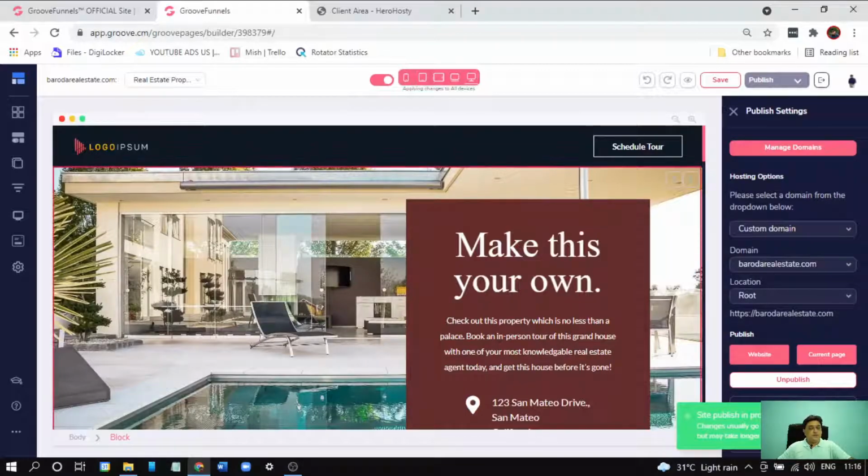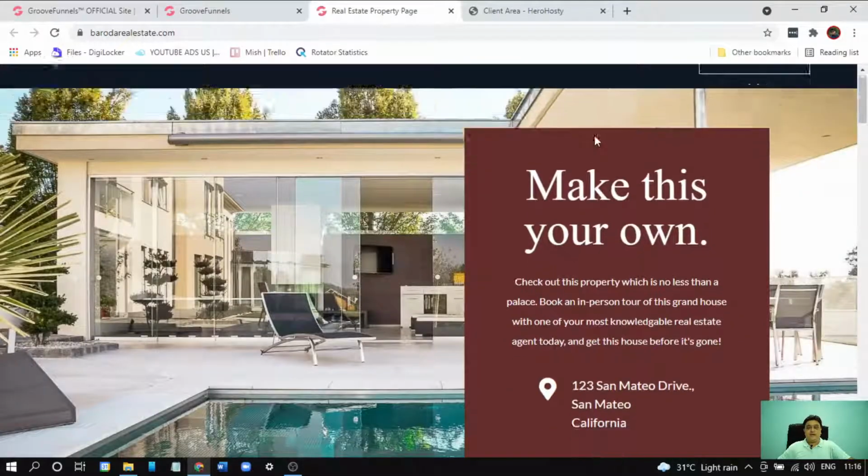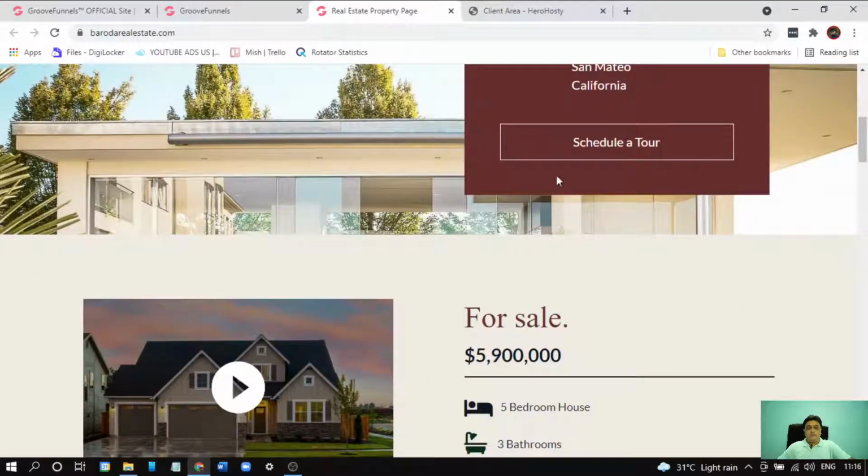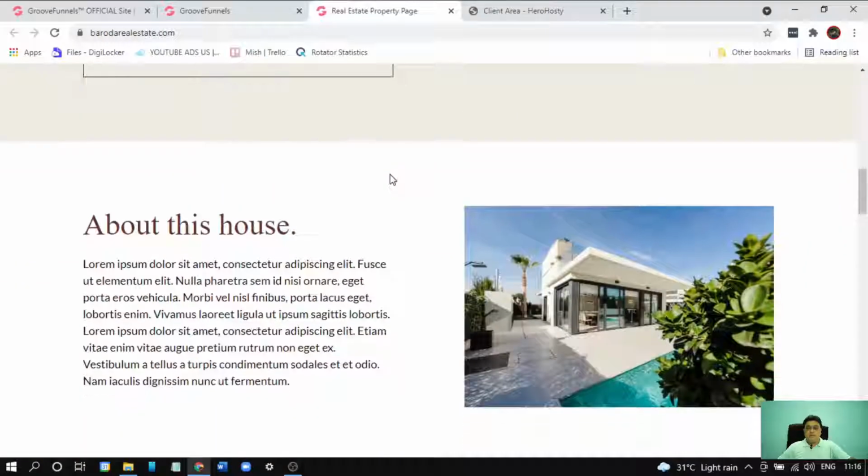Okay guys, we have a notification from GroovePages that site publish is in progress. Now we can check from here, and that's it guys. Our domain is live inside GroovePages.